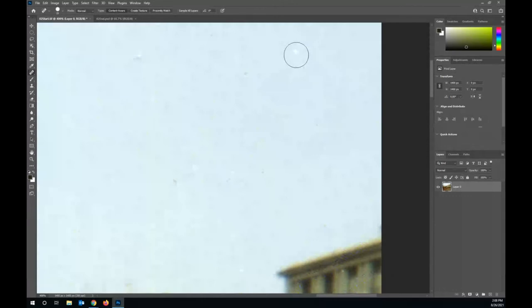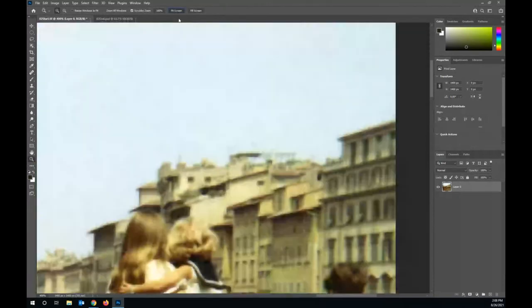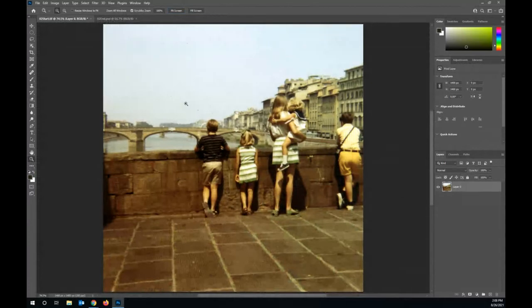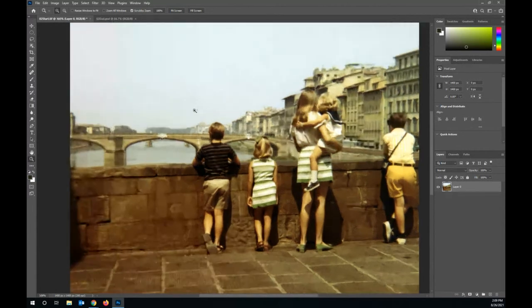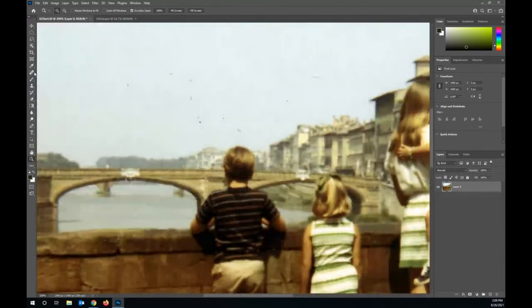For example, I wanted to remove this little dot. I can do that as well to clean up the image. So anywhere you see something that needs to be cleaned up, you can use your spot healing brush tool to clean it up. For example, this area here,